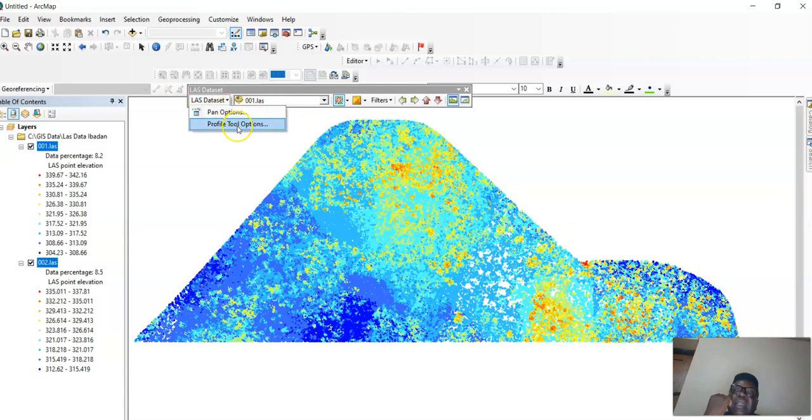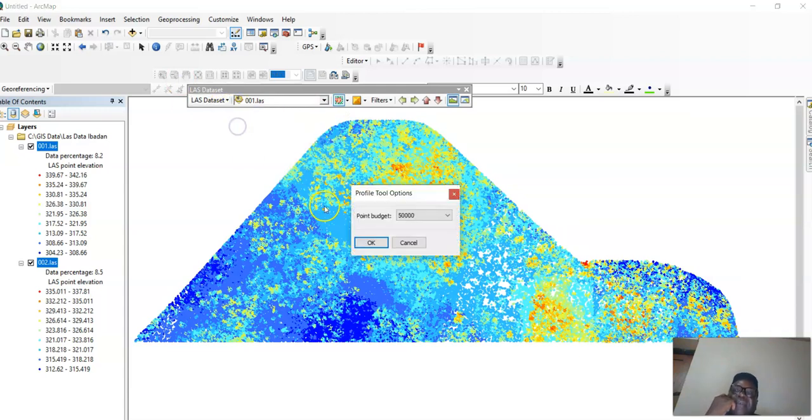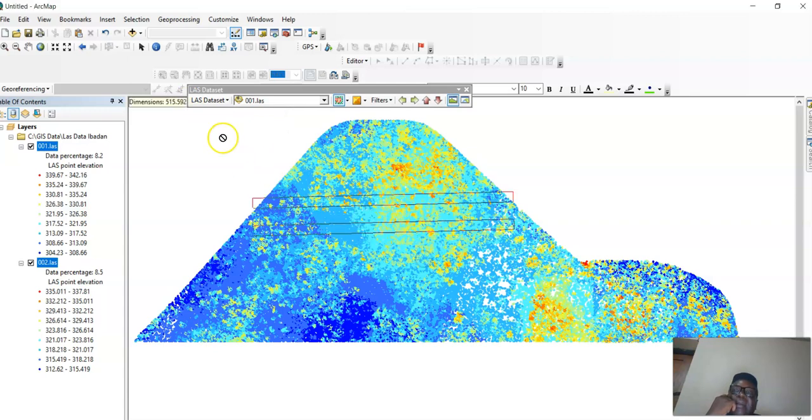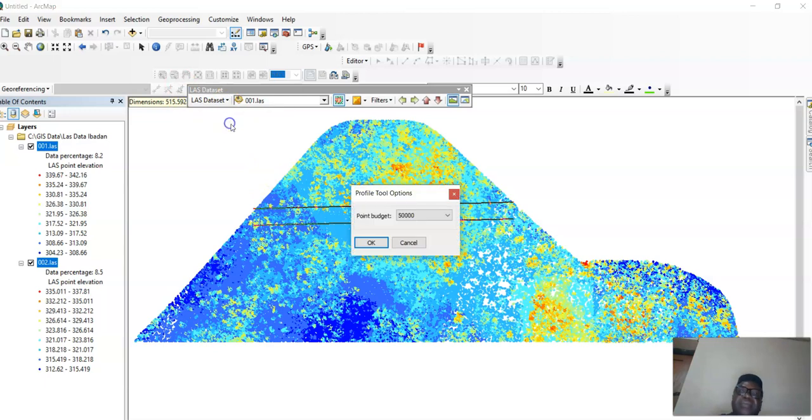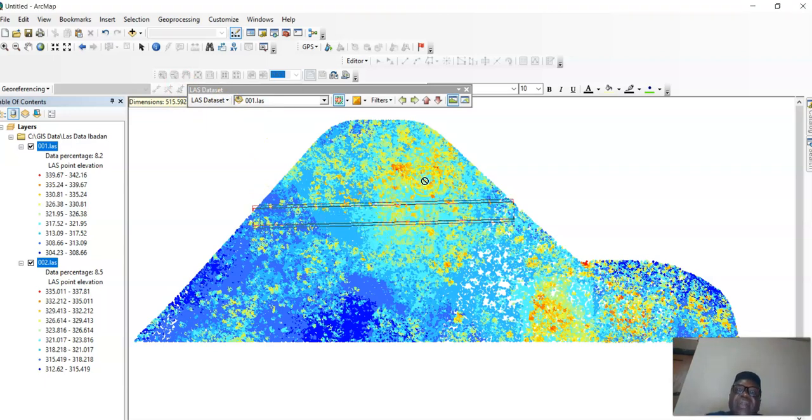We can also look at the profile. And this one will give us what the area looks like.